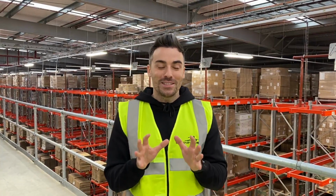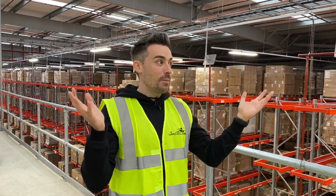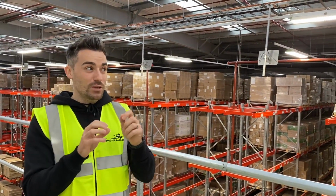Mounting, mounting, mounting. When it came to doing this installation, mounting was a particularly challenging part. We could not just use the out-of-the-box bracket for these antennas. We had to come up with a special, unique way of mounting them to what we had available, because we wanted all the antennas at the same height, at a certain degree of tilt. We had to get quite creative, and we actually used scaffold pole with some Jubilee clips mounted with a special bracket